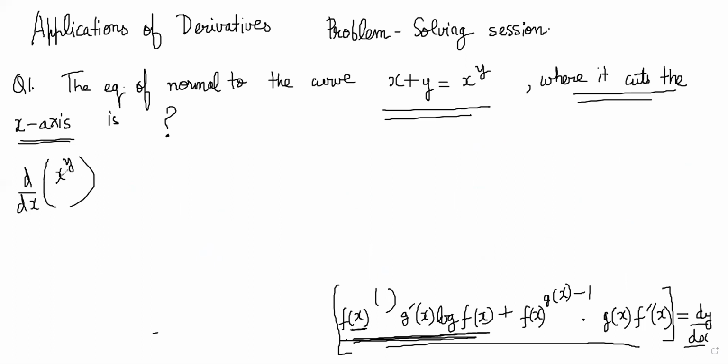So if I have to differentiate x power y, first I will assume it is x power k. So it will be y x power y minus 1, differentiation of x, which is 1. And then I will assume it is a power y, so it will be x power y only, log of y, and dy by dx.